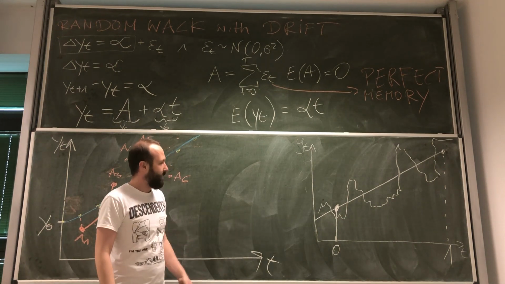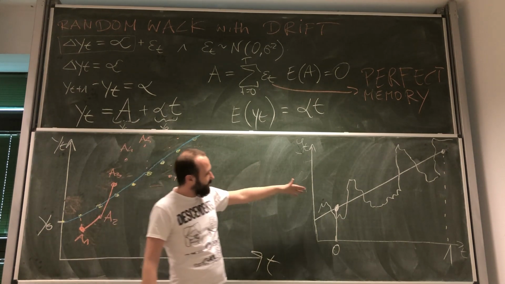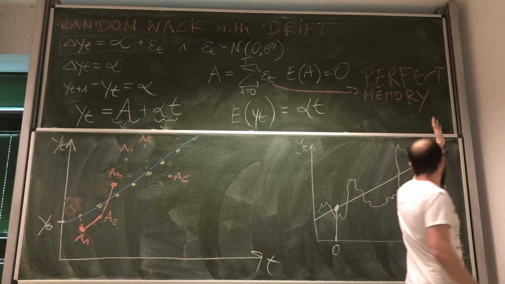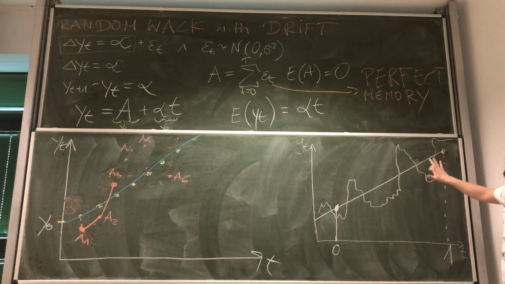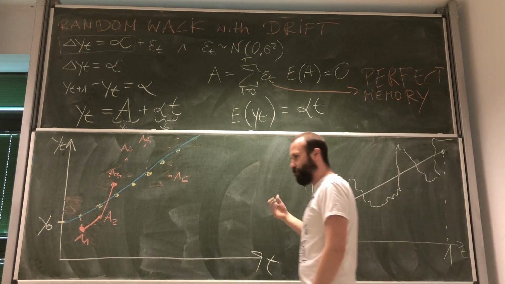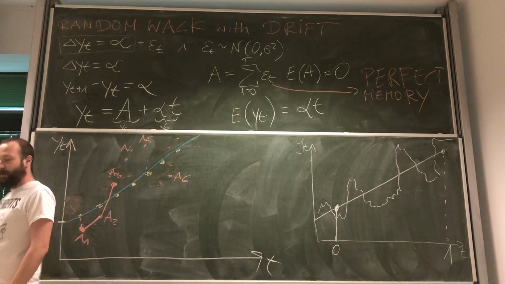And this is why, assuming that stock prices are random walks with drift, there is nobody that has better information than anybody else. So, even though it tells us that it's really hard to predict stock prices, it gives us